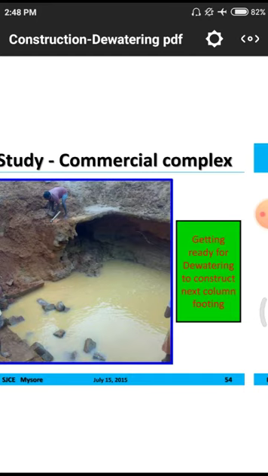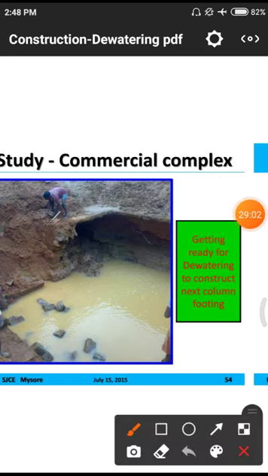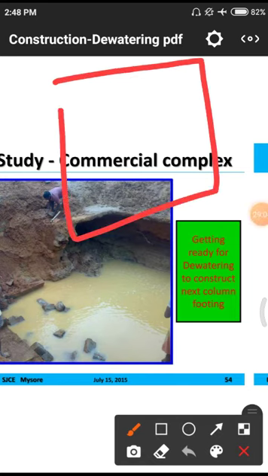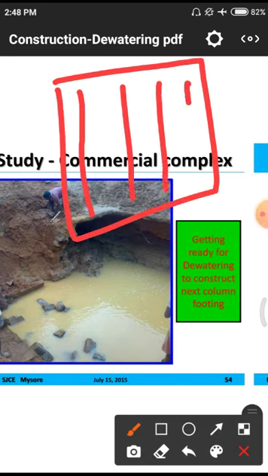That means this is an adjacent column. First they go for a particular line of removal of the quantity of water. After that they will go for the second line. That means it is a total area, so they will have to go 1, 2, 3, 4 in the particular order.